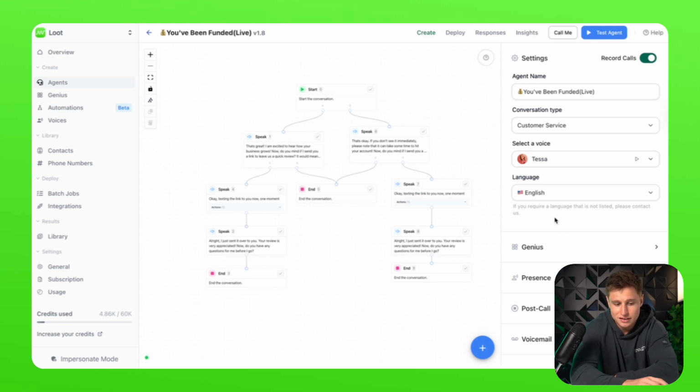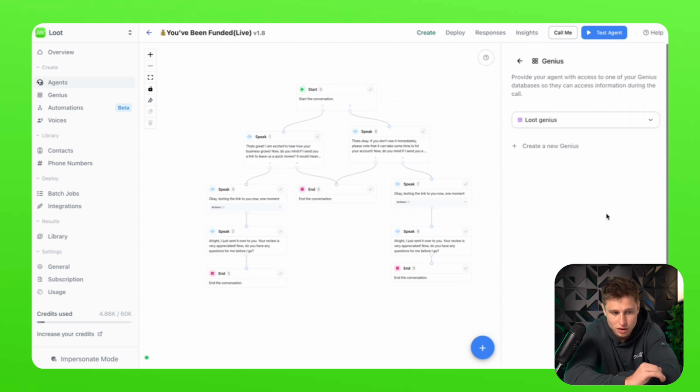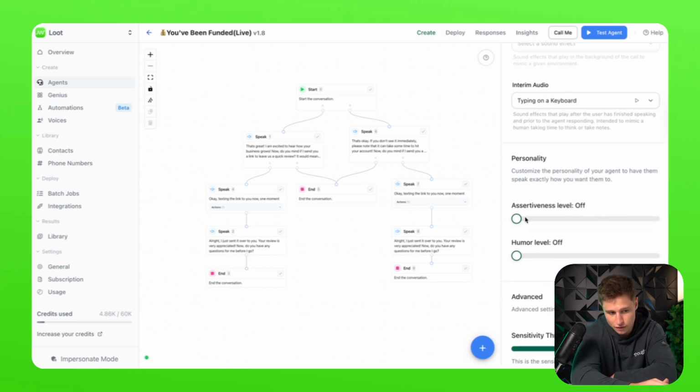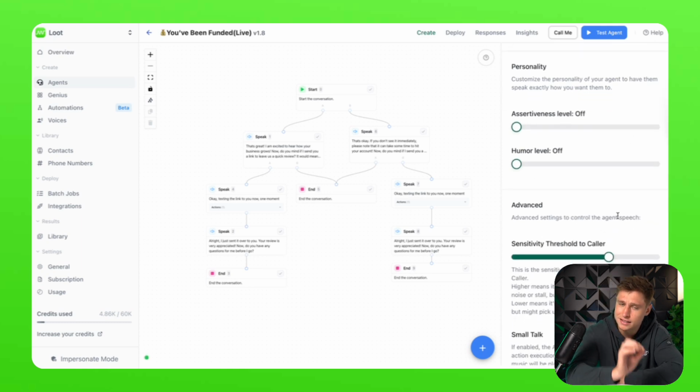Now, I want to touch on some of the settings before I move on to the next tab here. As I mentioned, our genius is going to be found right here. This is where you tie in the knowledge base to the agent. This is going to be an important part of configuring the agent's ability to handle conversations exactly how you'd like. We could set a personality here, which you could also do through rules and advanced prompts. But this allows you to have a slider for its assertiveness, its humor, its sensitivity